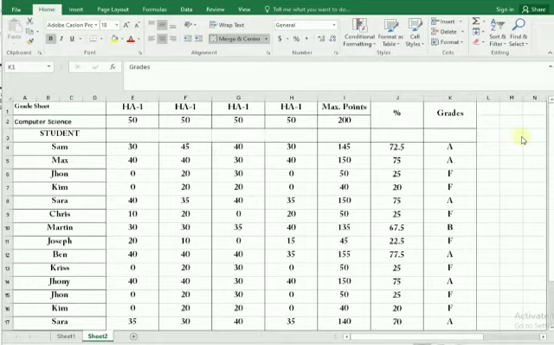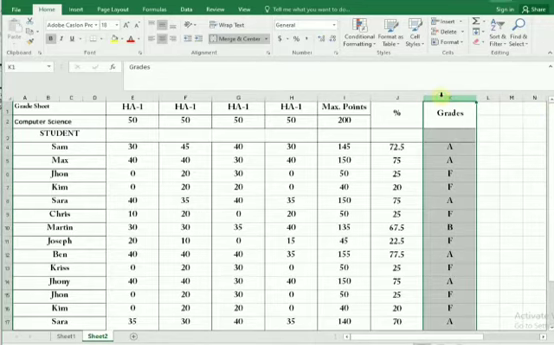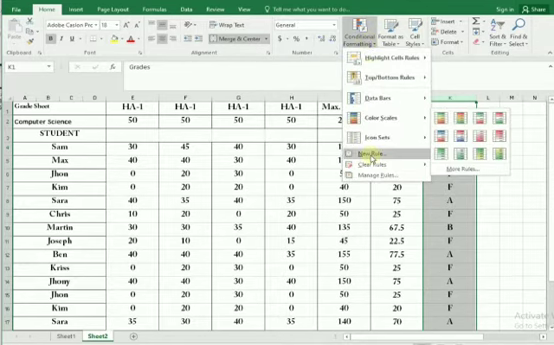In the grades column, I want every F to be written in red color. Let's use a very simple method to complete this task. First, select the grades column. Go to conditional formatting, click new rule,